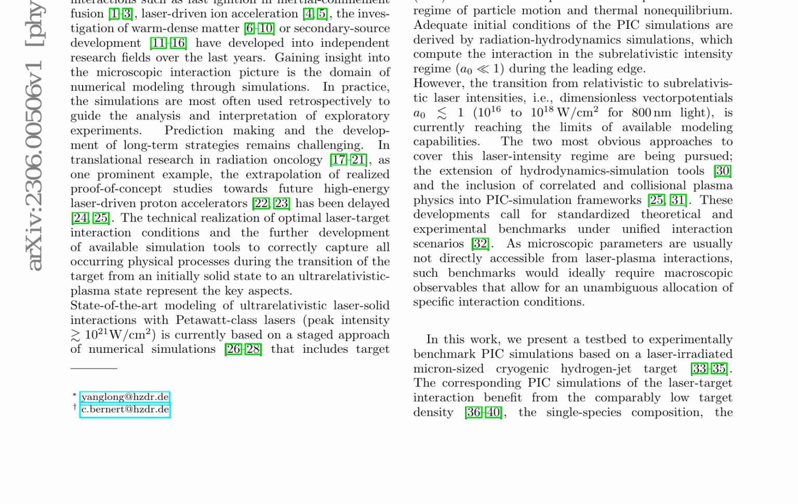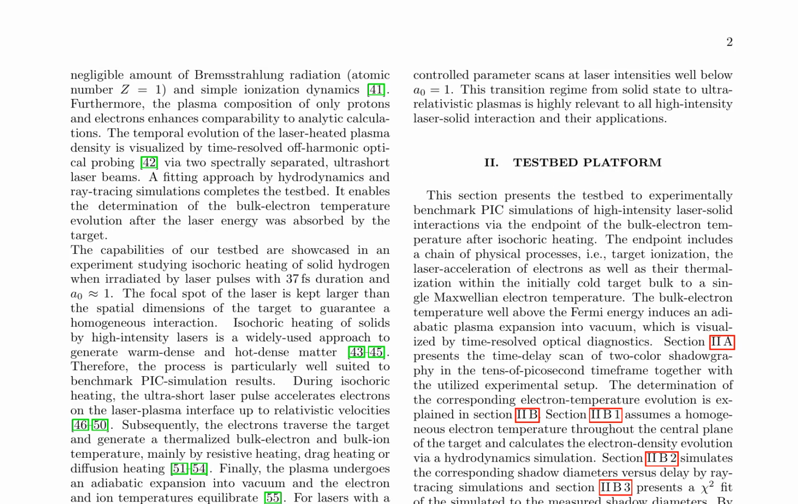The comparison of the bulk electron temperature of the experiment with systematic scans of PIC simulations demonstrates that the initial surface density gradient of the target is decisive to reach quantitative agreement at 1 ps after the interaction. The testbed is ready for controlled parameter scans at all laser intensities of A0 ≳ 1. The technical realization of optimal laser-target interaction conditions and the further development of available simulation tools to correctly capture all occurring physical processes during the transition of the target from an initially solid state to an ultrarelativistic plasma state represent